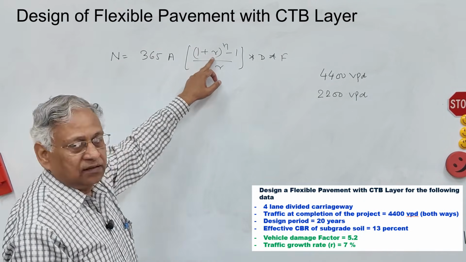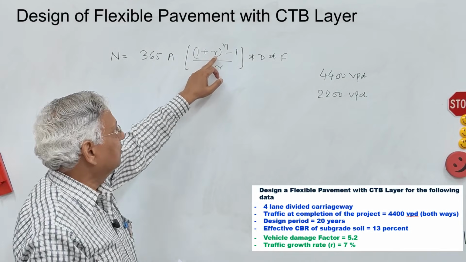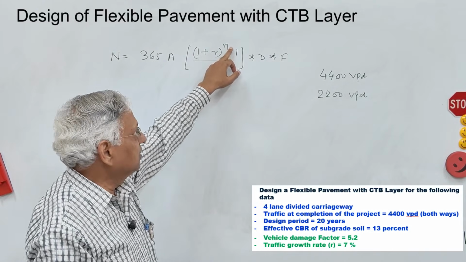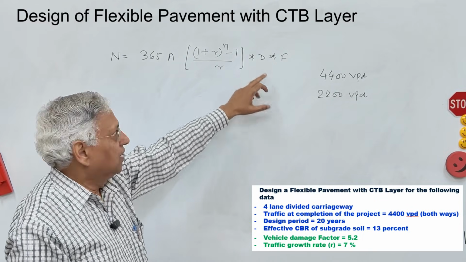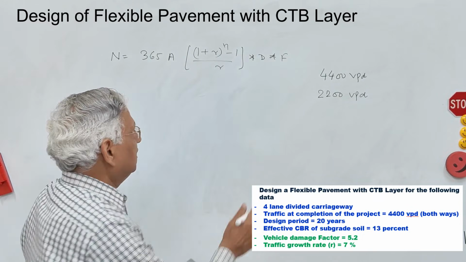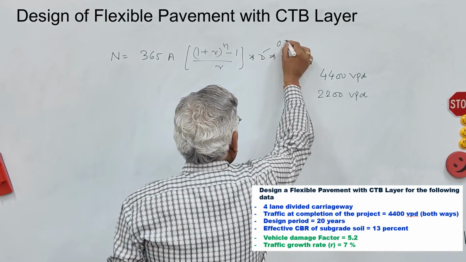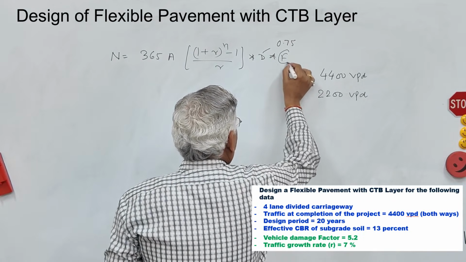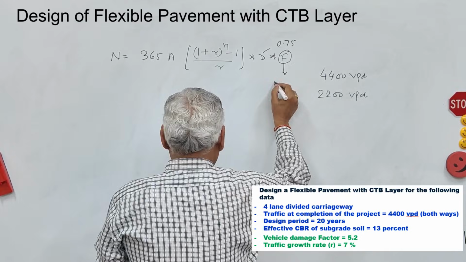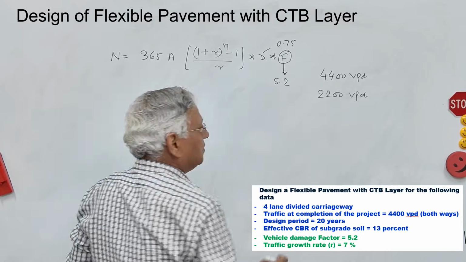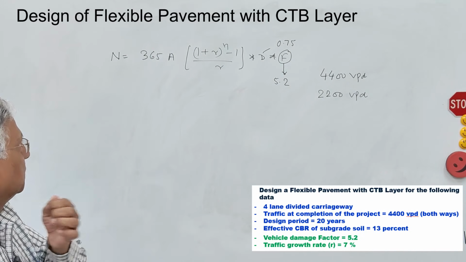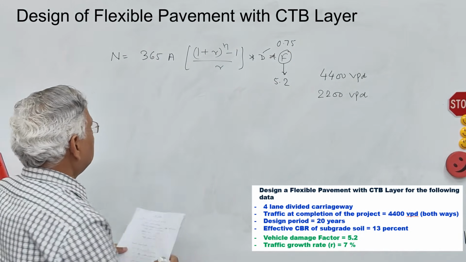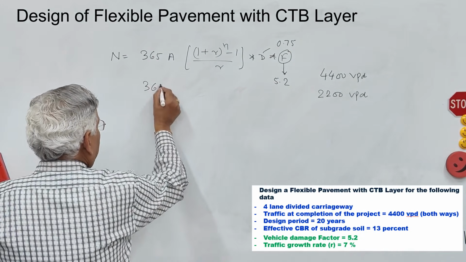R is the growth rate, that is 7%, 0.07, and design life 20 years. D is the distribution factor, lane distribution factor, and for 2-lane this factor is 0.75. F is the VDF, which is given as 5.2. It is estimated from the field data. In the example problem, I have taken 5.2. So you know all these parameters, 365 into